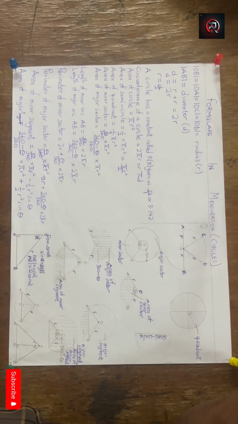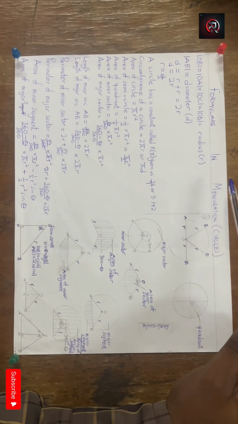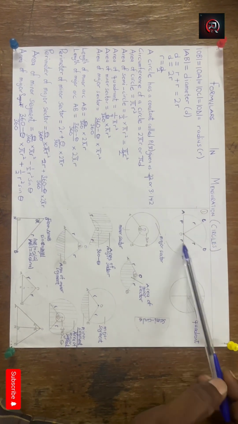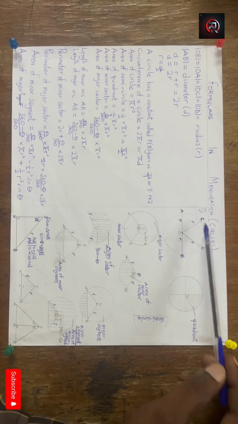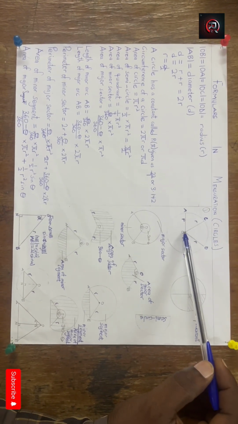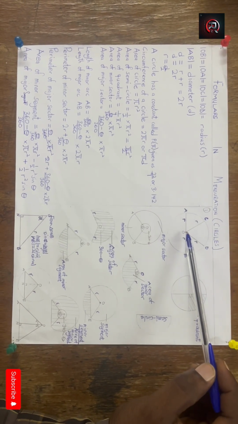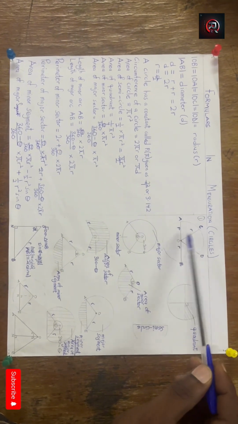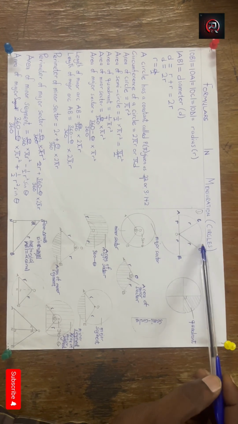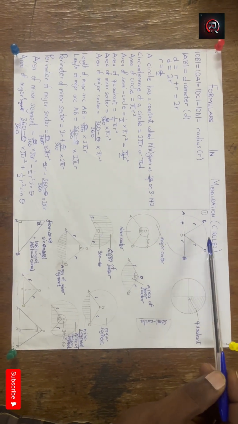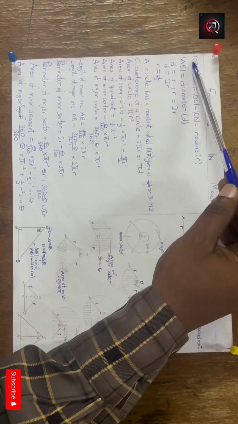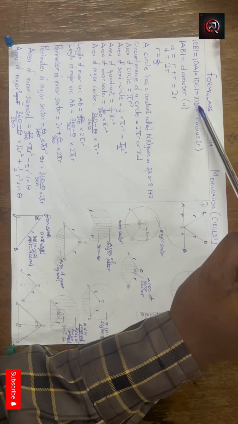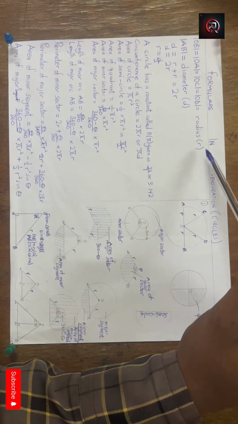All right, today we want to look at some formulas in mensuration of circles. First of all, let us look at our circle here. So this is our circle with center O. Now, in circles, any line from the center to any part of the circumference is called a radius, and they are all equal. So we have OB equal to OA equal to OC equal to OD, and we call it radius,